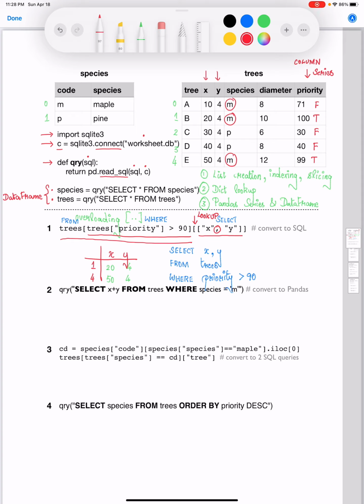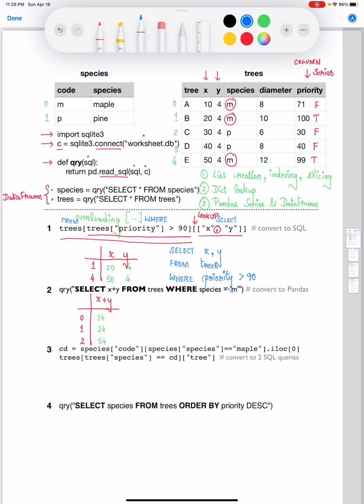In this particular example, the new data frame is going to have column index as x plus y. The row index will be 0, 1 and 2. We are going to deal with row index of 0, 1 and 2 only because we are working with a new pandas data frame. The corresponding values are going to come from the filtered rows. So you're going to get 10 plus 4, which is 14, 20 plus 4, which is 24, 50 plus 4, which is going to be 54.